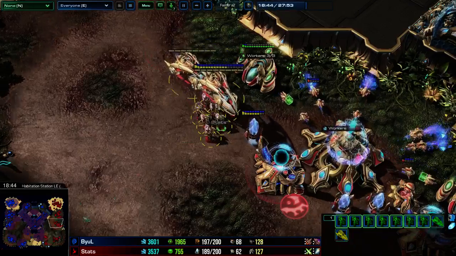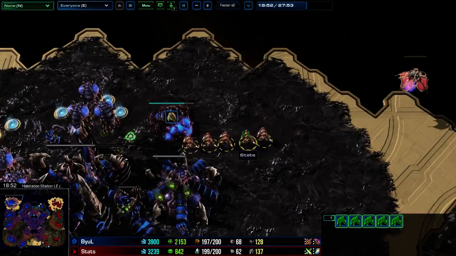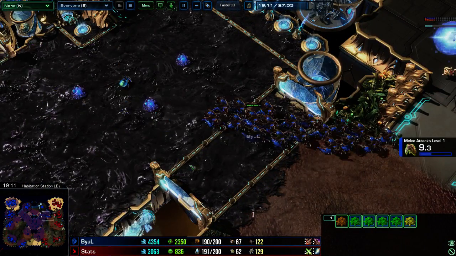Stats has started to split up his carriers. He's got High Templar and Archons in multiple places. He's warping in chargelots to buy a little bit of time as well and to keep the pressure away from him. He's getting masses of cannons down here. And stuff gets really gross. This goes for another 8 minutes, so